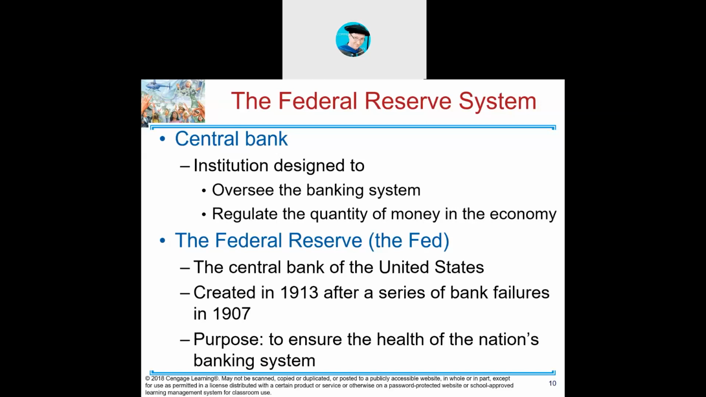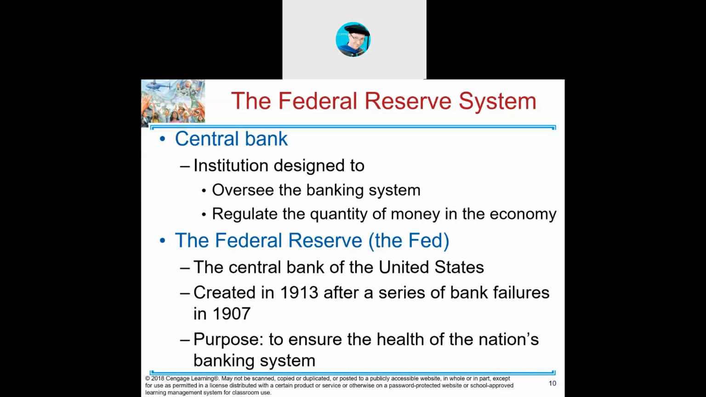The Federal Reserve is the central bank of the U.S. And the reason for its existence is because early on in our country's history,